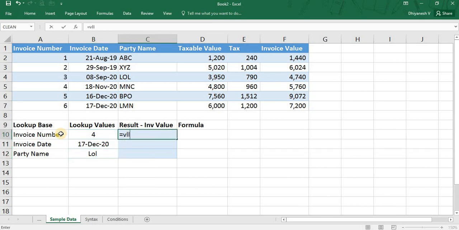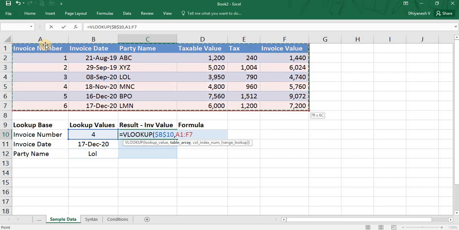First we will enter the VLOOKUP. Lookup value is the data what you want to search. So the lookup value I have selected is invoice number 4 is what I want to search, and the table array should contain the entire table range.